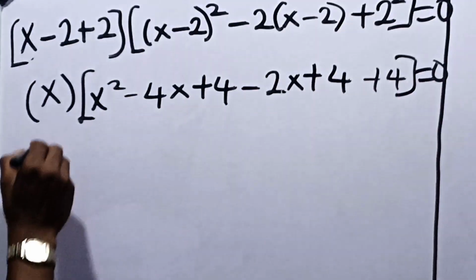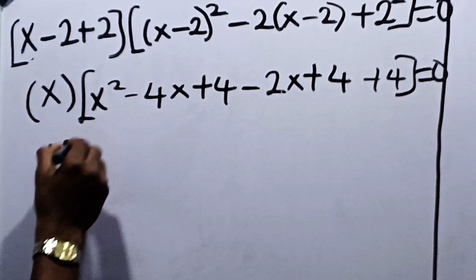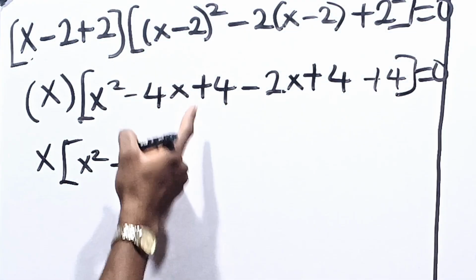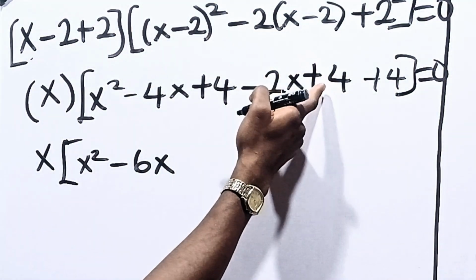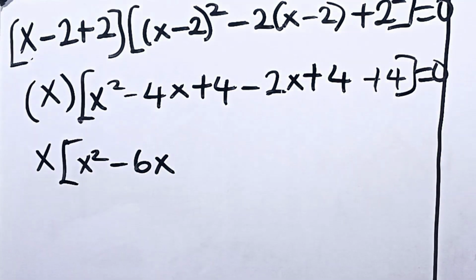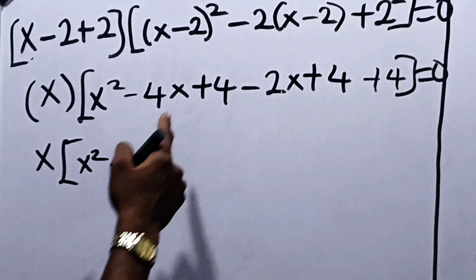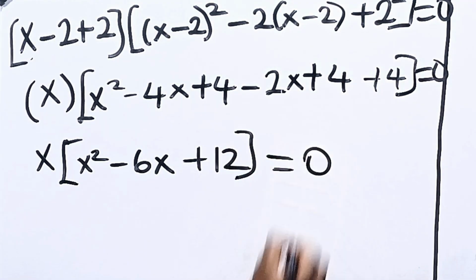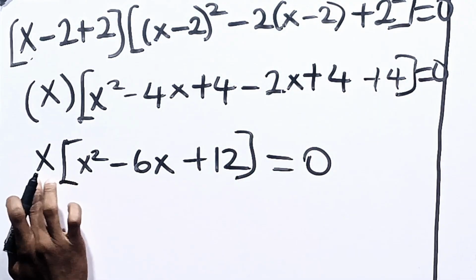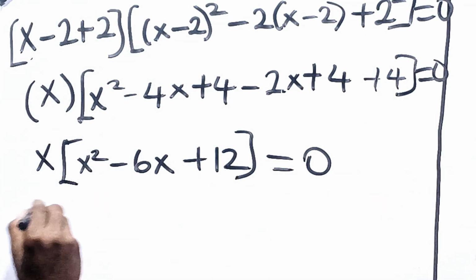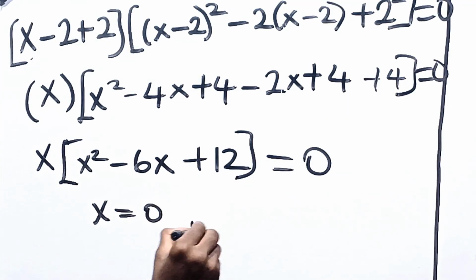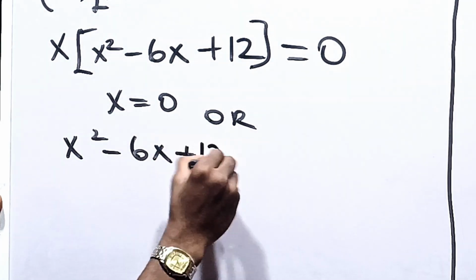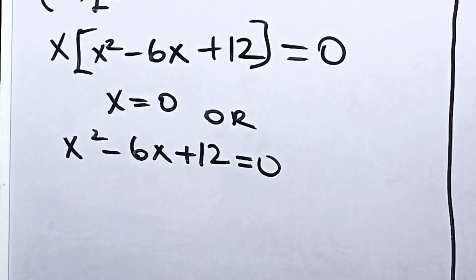Alright, so from here, x will multiply by x squared minus 4x minus 2x, which is minus 6x, plus 4 plus 4 plus 4. 4 plus 4 plus 4 is 12. Now we have this equal to 0. When the product of two factors is equal to 0, either the first one is equal to 0 or the second one is equal to 0. So either x is equal to 0, or x squared minus 6x plus 12 equals 0. Now applying the quadratic formula,